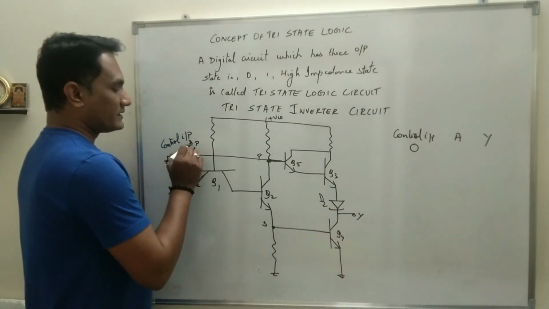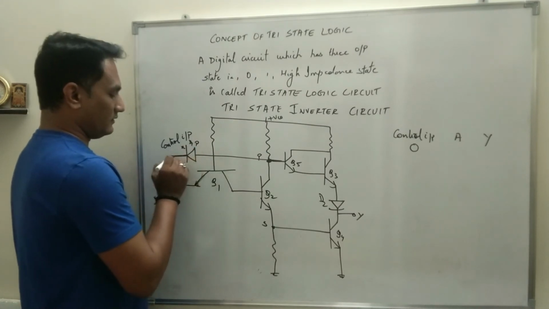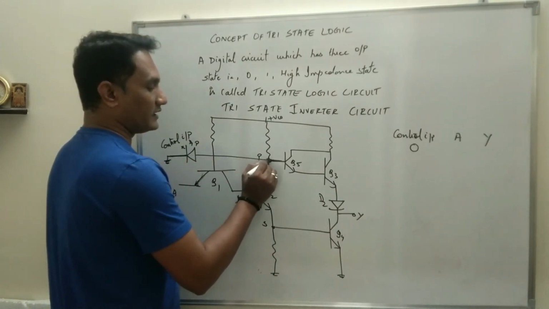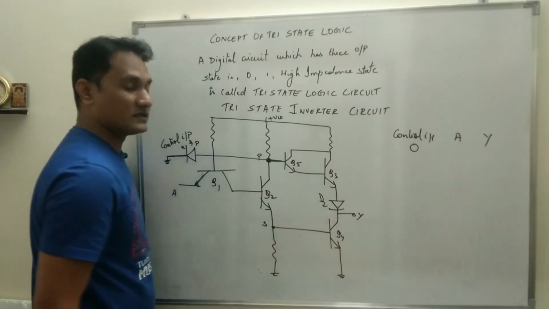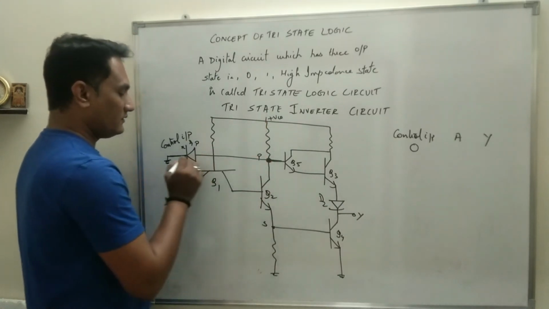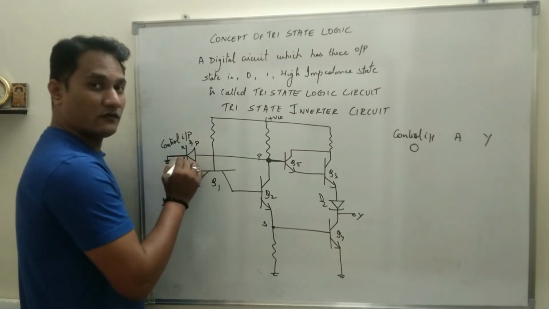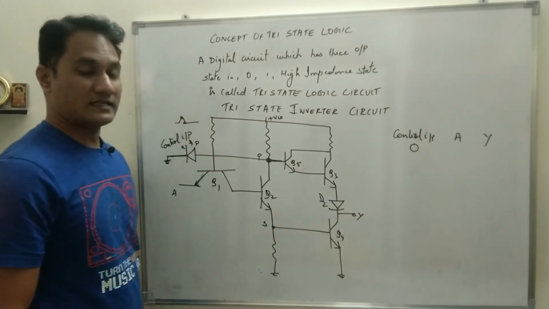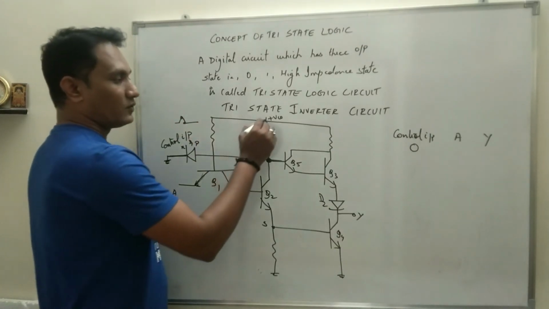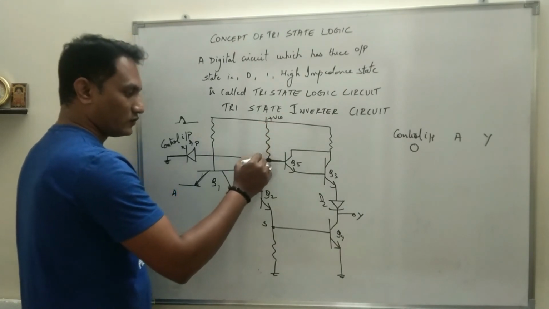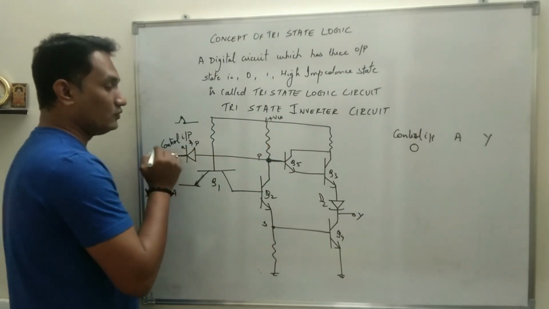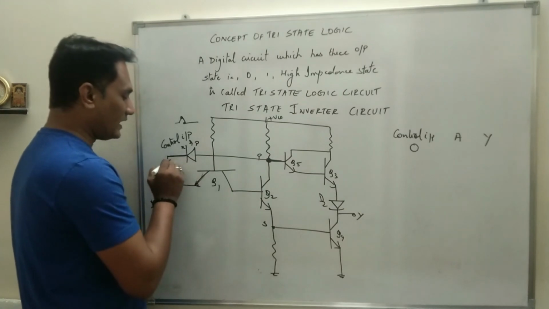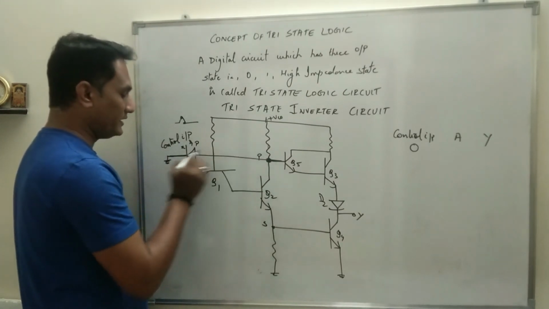Now what happens is, D1, when control input is grounded, D1 is forward biased. See how it is forward biased. P is already connected to point P, which is at positive potential. So P is connected to positive and N is connected to ground. The diode is forward biased. And what happens when the diode is forward biased? When the diode is forward biased, it acts as an on switch. Okay, that means the entire current will flow through this point P, through this PN junction diode to ground. And if you calculate the potential between point P and ground, what you will see, as this is an on switch, this point P gets connected to ground.